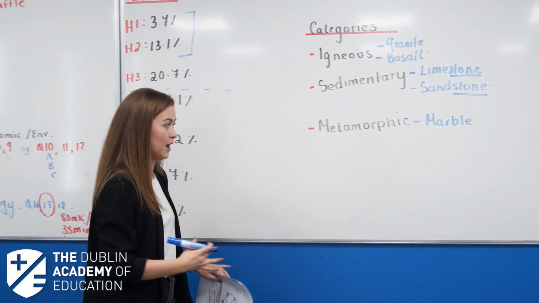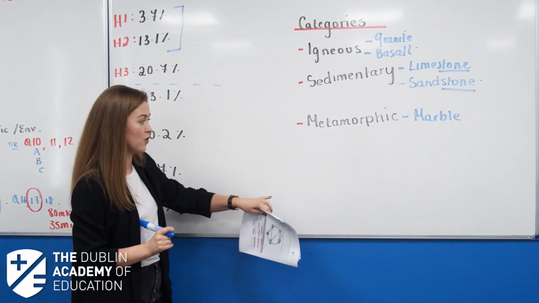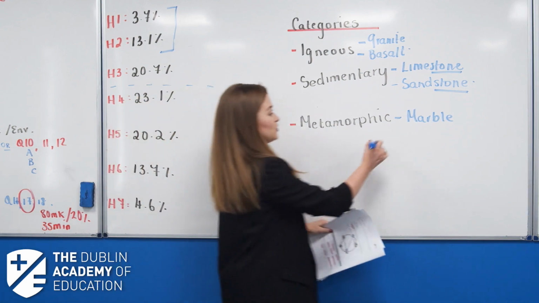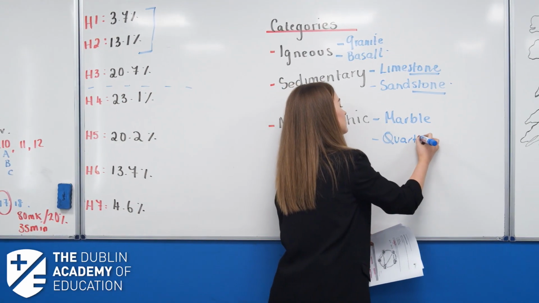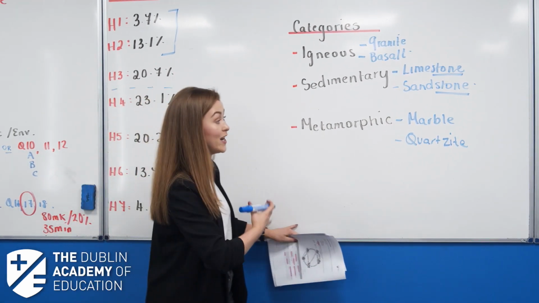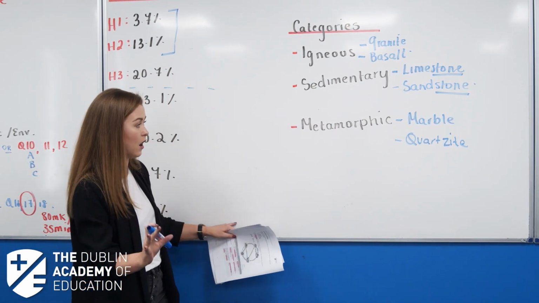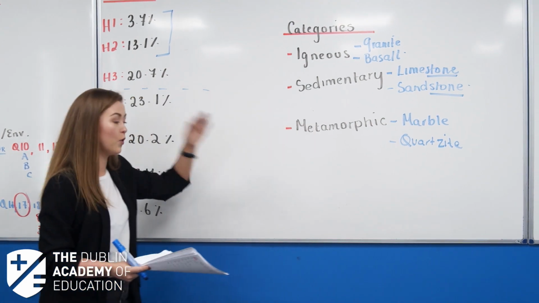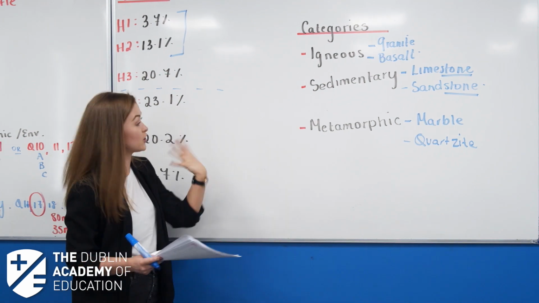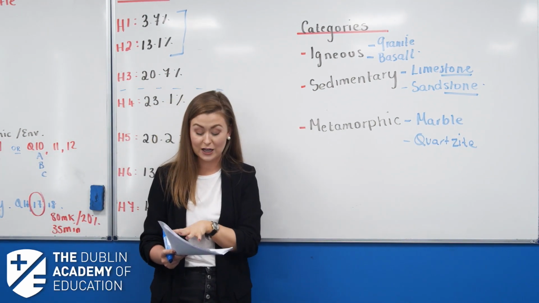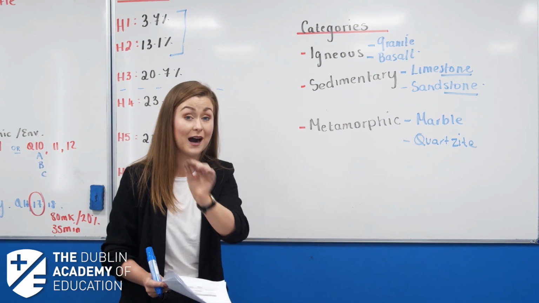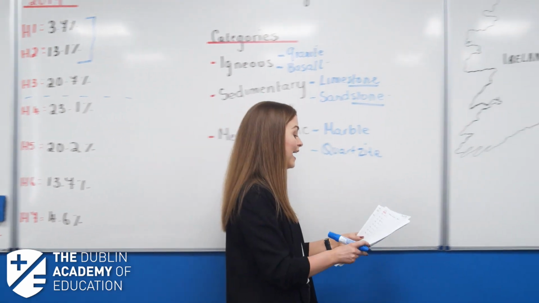So marble is our main one there, and I do want to point out one thing later on with metamorphic rocks for you. So marble, you have quartzite as well, and you have slate, and you have your schist, and your gneiss. G-N-E-I-S-S is pronounced nice, okay? Now, all these are very, very important, but really this is just the very basics, what we have on this first page. So on page number 2, top of the page, make sure you have in the top left-hand corner, short questions, part A's only. Now let's pop across to page number 3.